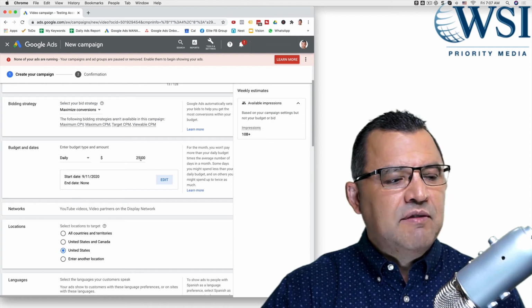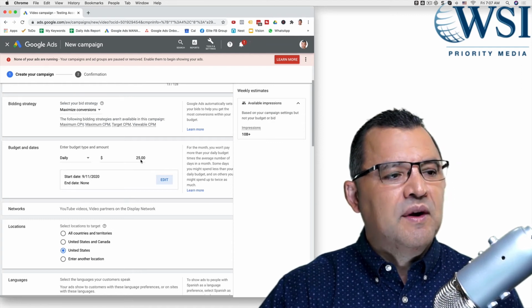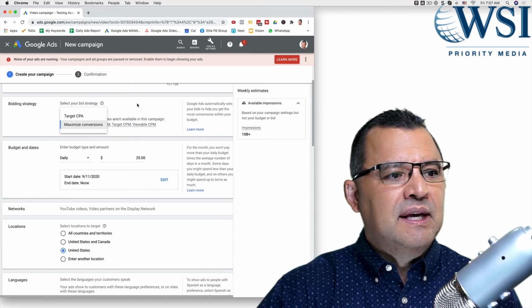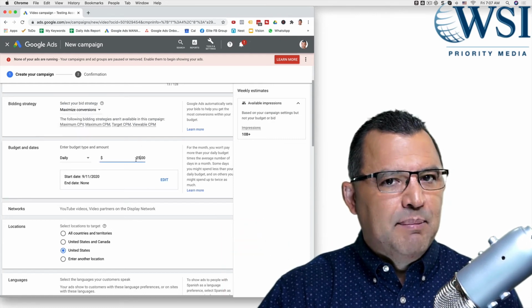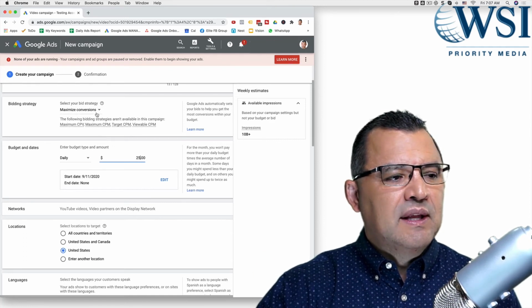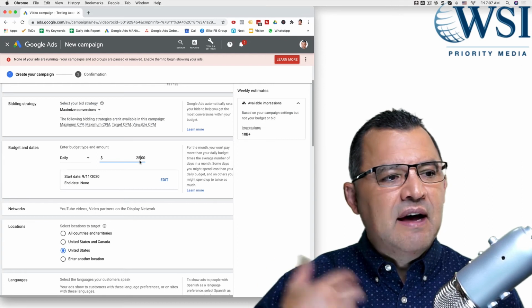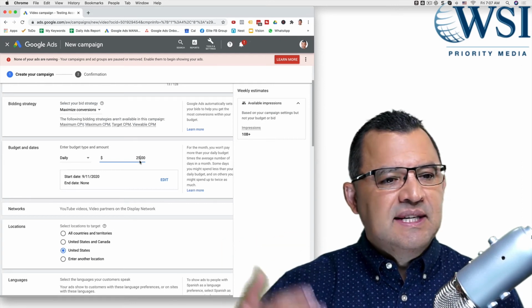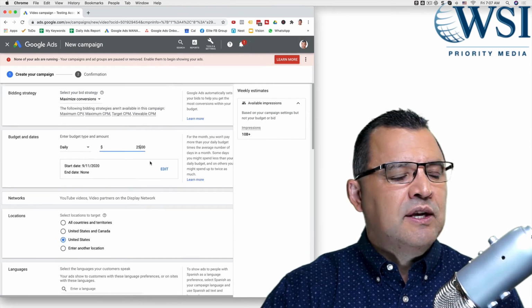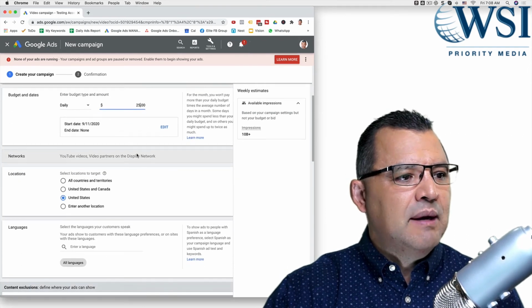So if it's $25, you want to make sure that you put $250. And if you're going straight into TCPA, you want to give it at least 20 times the budget so that it can gather that data. If you go through step 1 like we do with the max conversions at 25, you'll gather the data. And then when you go to TCPA, you won't need to feed it that additional data. But always make sure that you're giving it that extra bandwidth to learn with.